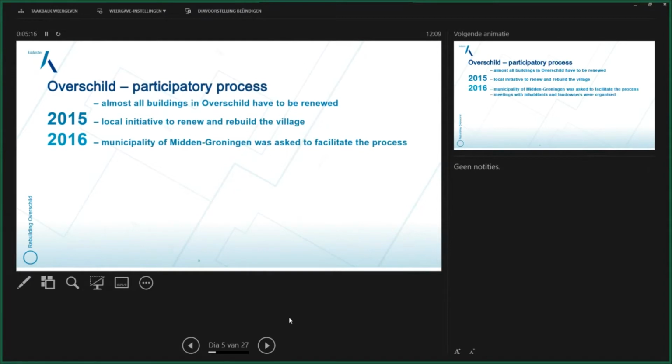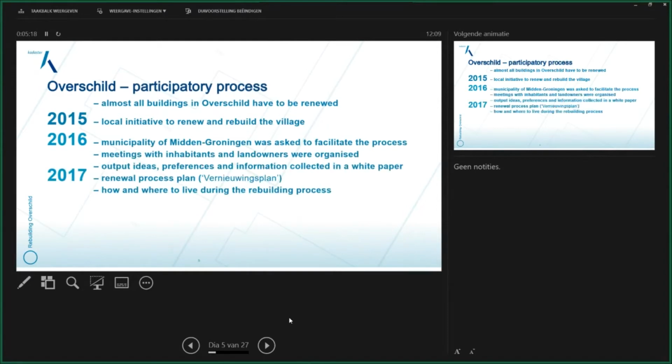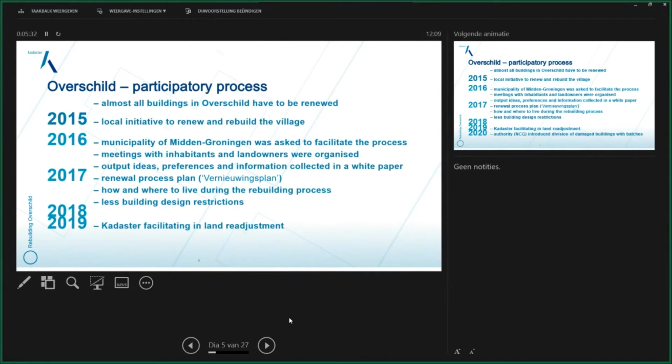So a little bit of history of the last years. What happened in Overschild? It was quite clear around 2015 that Overschild has to be renewed. So most of the buildings had to be demolished and new ones constructed. Then the inhabitants, by a local initiative, made their own plan together with the municipality of Midden-Groningen, and then